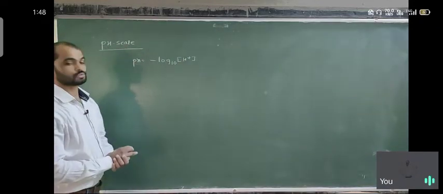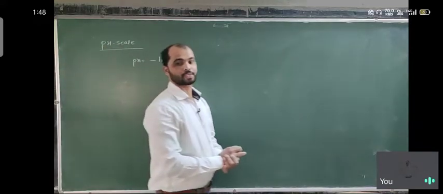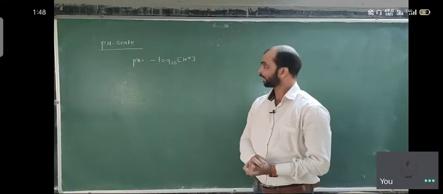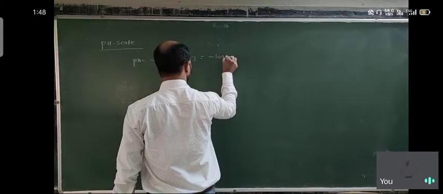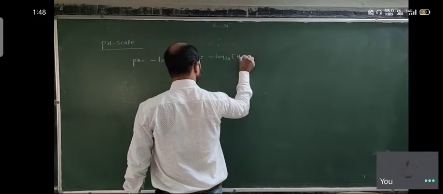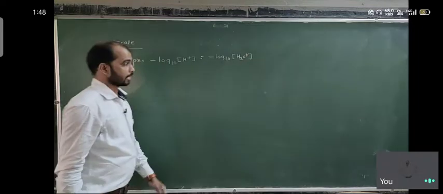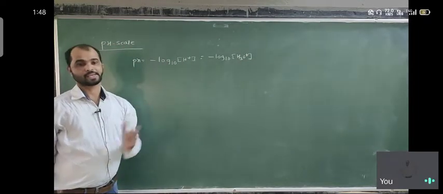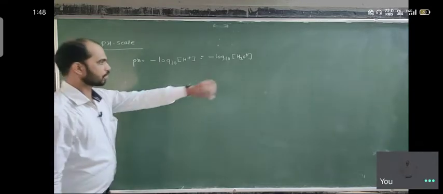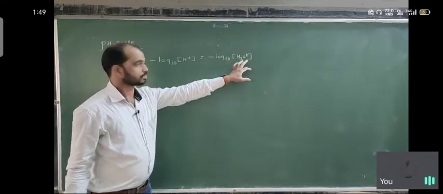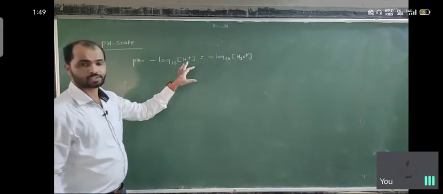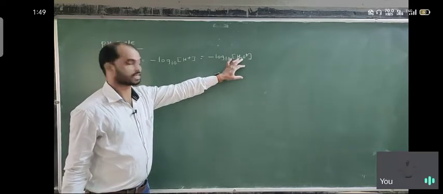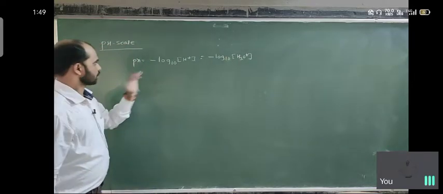So pH is equal to minus log 10 of the concentration of H plus, which also equals minus log 10 of the concentration of H3O plus, because H3O plus and H plus have the same concentration; both represent the same thing. So the H plus is given either in this form or this form. For other acids it is H plus; for water, it exists in the acidic form in this way. So this is the pH.